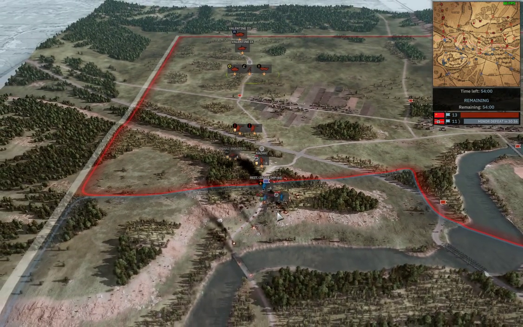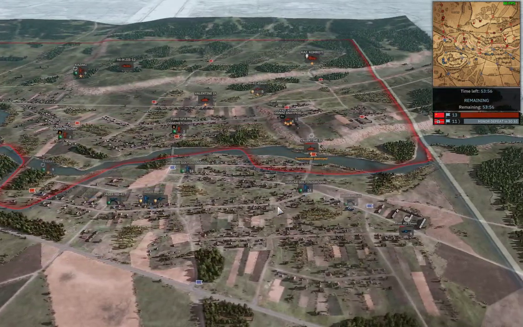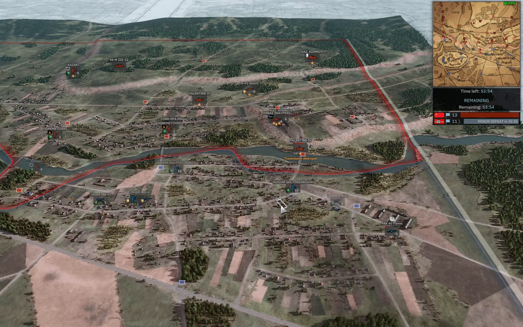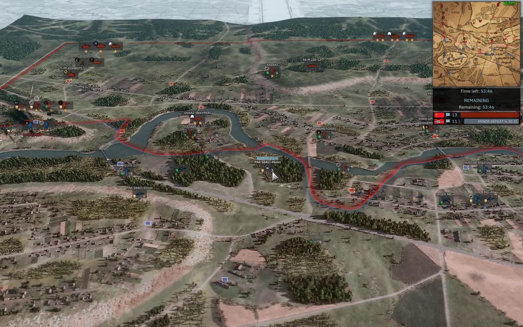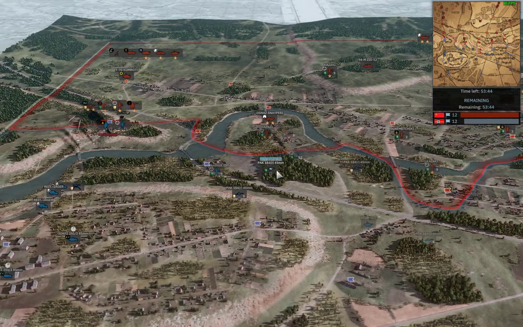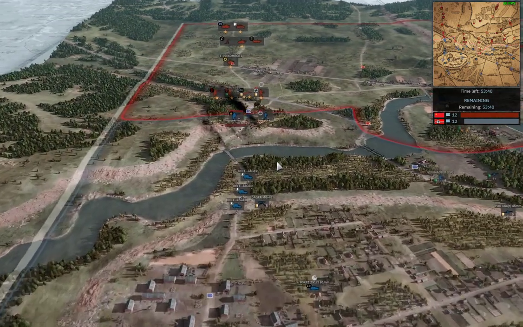So yeah, good trading. 3 tanks, still got 3 infantry left, all of their infantry gone. Their Valentine goes down. It'll be a Pak 40, you know, it should do the business. These little ones though, maybe 45 mils, they can be quite effective. So here's my mortars continuing to...